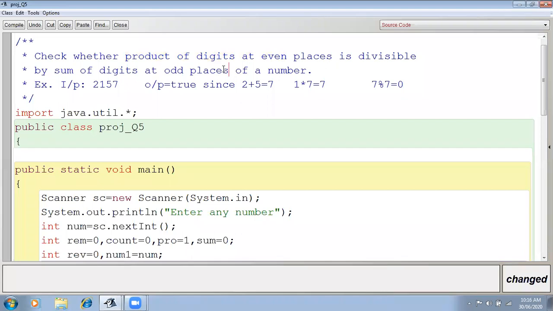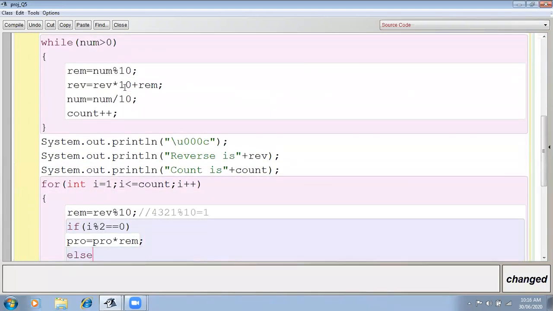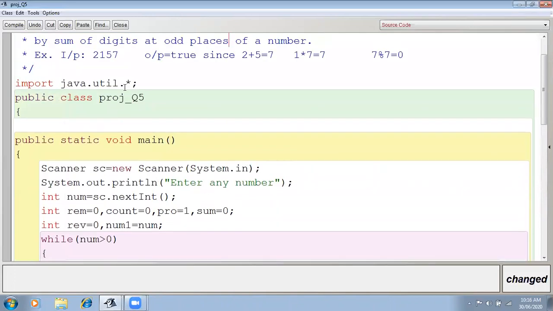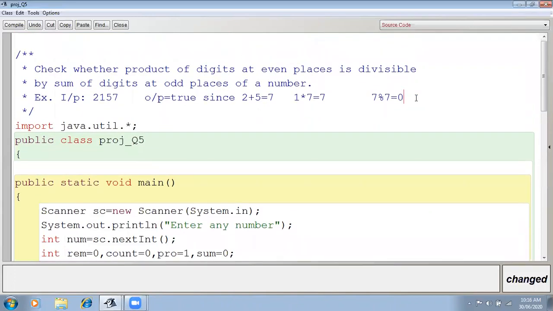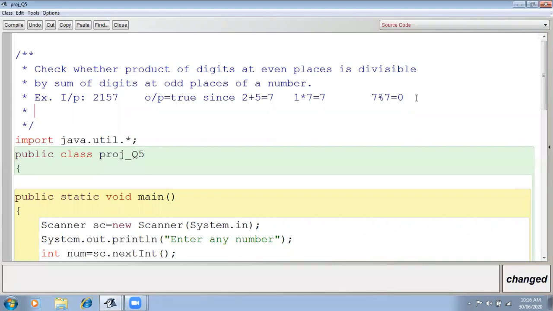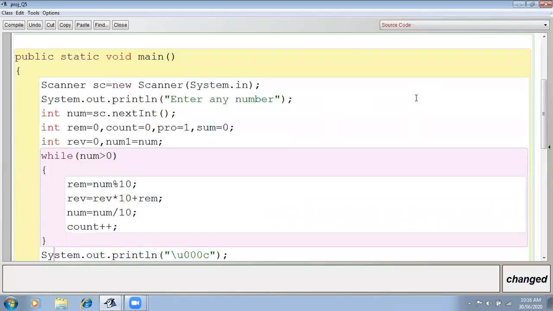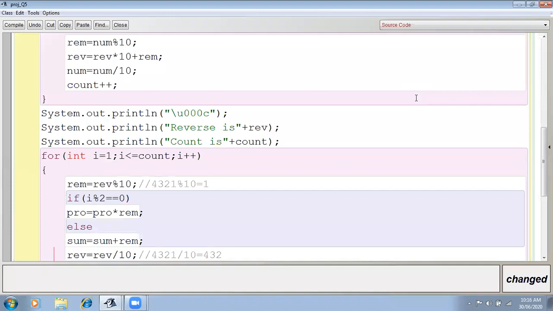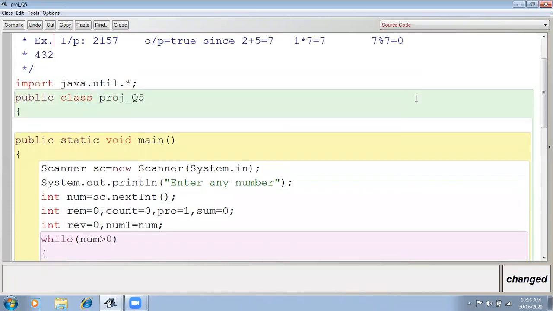in any number we have to check which digit is coming on the even place and which digit is coming on the odd place, right? So here see the example. If the example is 2175, or any other example also we can take, like 4322. Okay, see that 4321. So in that,